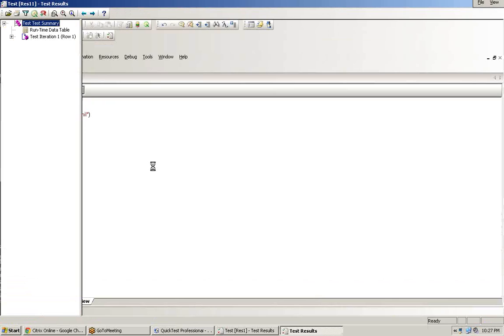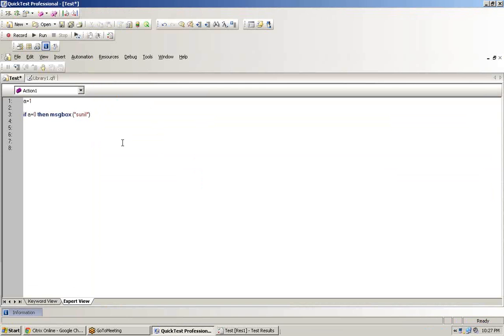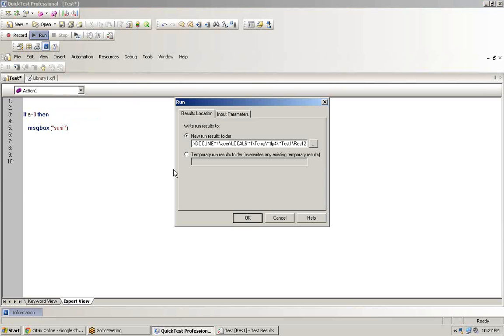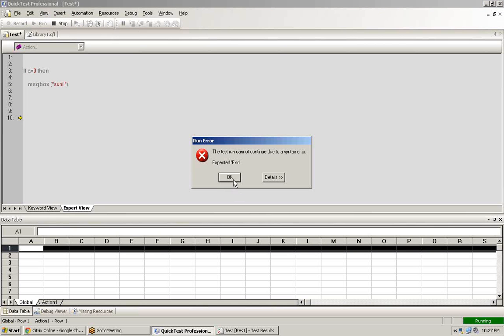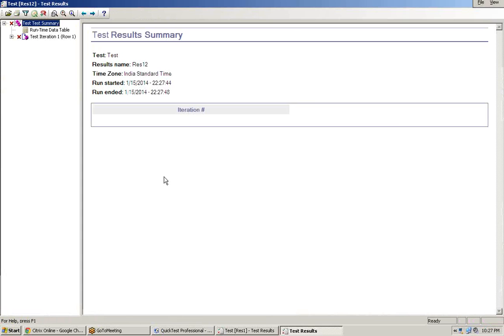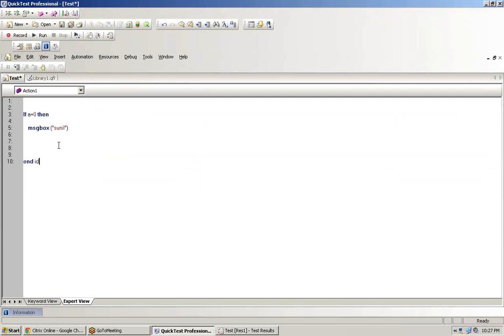That is what I'm trying to explain to you: what if we give if and what if we don't give end if. But before that I wanted to explain how you execute multiple statements using an if statement. See, it is saying that it is expecting an end. So this if has to be ended here.